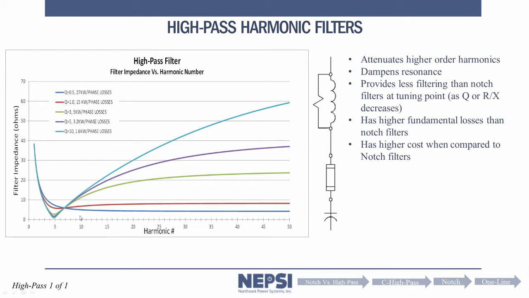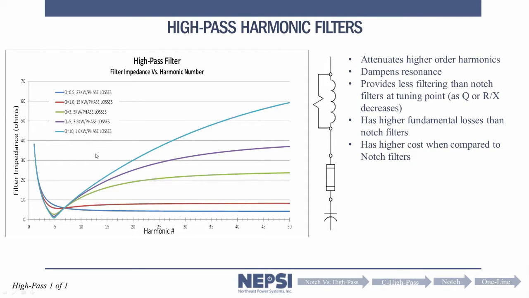And you can see here what I've done is I've plotted 5 different filters, 5 different values of resistance for the same size filter here. So I basically fixed the kVar of this capacitor, or X of C of that capacitor, and I've also fixed the inductance of this reactor, and I've varied R between,